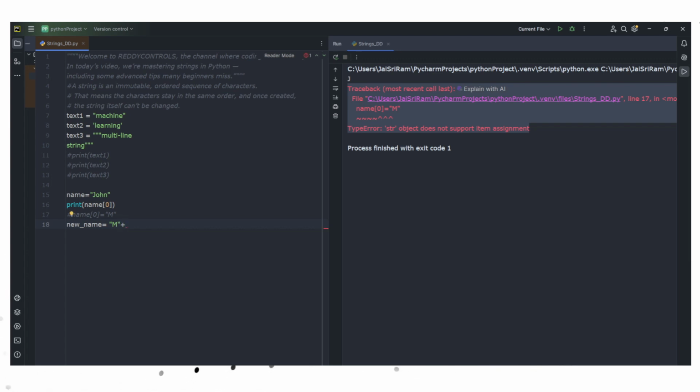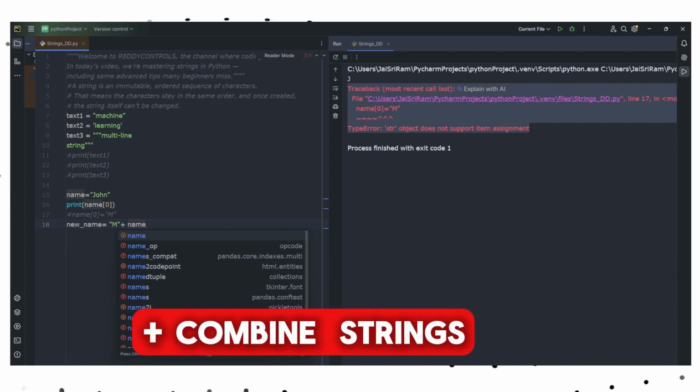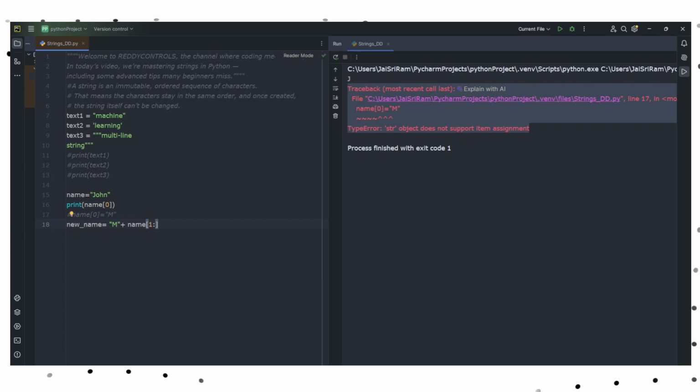So plus name, which is the previous variable which had John in it, and we'll use square brackets, and we want to use the characters from OHN, so those start with 1 colon. If I leave the end place blank, it will take the whole string. So this way I can